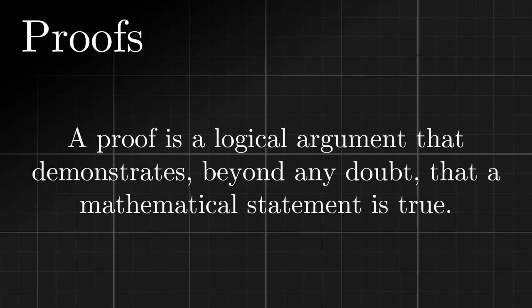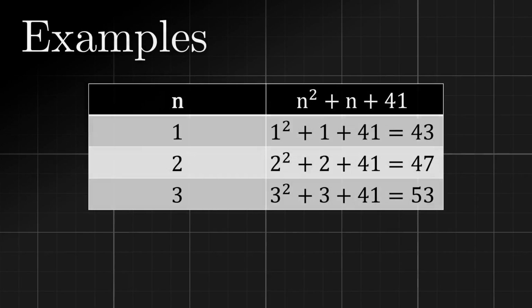In simple terms, a proof is a logical argument that demonstrates, beyond any doubt, that a mathematical statement is true. It's about certainty rather than guessing or observing patterns. This brings us to our first key idea: examples versus counterexamples. Imagine someone claims that the formula n squared plus n plus 41 always produces a prime number for any positive